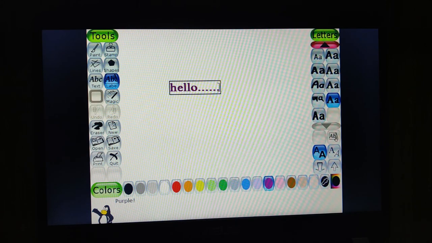Done, all of you? Okay, now when you click the enter key, a box will disappear. It means this text hello is a label on the canvas. Clear, all of you? Done? How to use a label option?